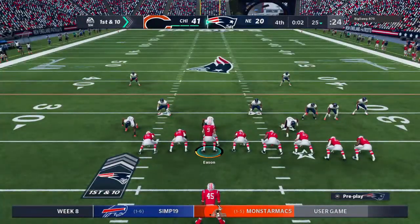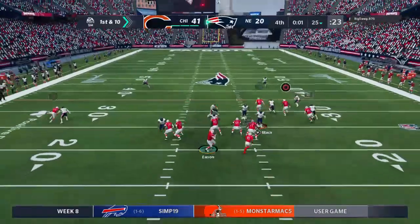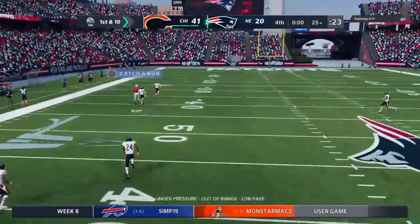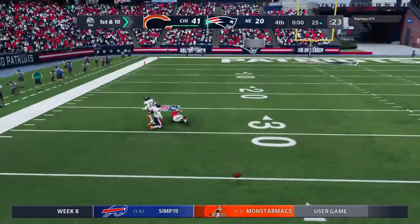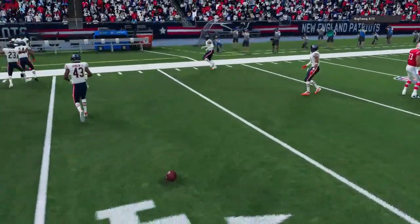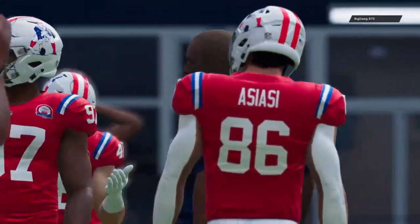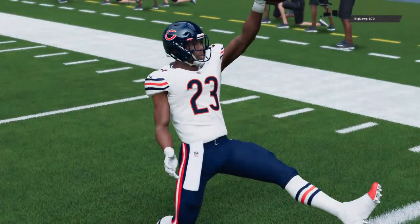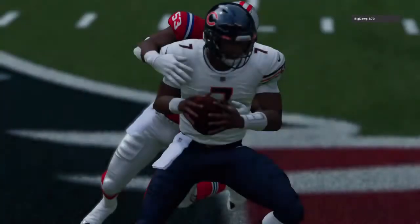Well, I think that the folks here had hoped that maybe this home atmosphere would carry their guys to a surprise victory, but it does not appear that that's going to be the case. There's too much to handle on the other side in this one. Today's final score, Bears 41. A big offensive explosion helped leading them to victory, and the defensive guys, they're just saying, hey, put those points up every week. We'll just keep